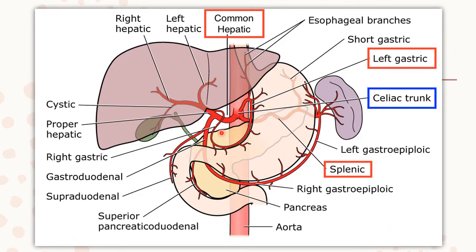Now in this diagram you can better appreciate the relations of the branches of the common hepatic artery. So we said that this is the common hepatic artery over here. It gives off this tiny little branch which is the right gastric artery, and this right gastric artery ends by anastomosing with the left gastric artery. Then this common hepatic artery gives off this major structure, the one which I am highlighting with my pointer right now. This is the gastroduodenal artery.